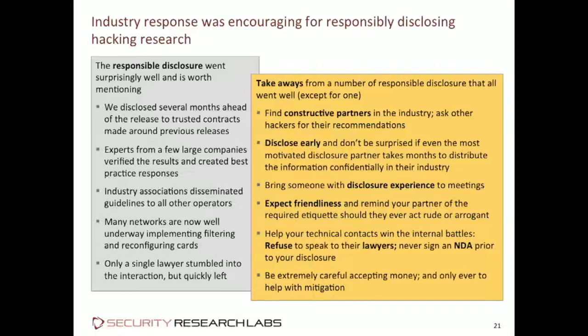Interestingly enough, the sentiment in the industry this time didn't have to be convinced first. Usually when we finally talk to people, it's after we told a lot of lawyers, leave us alone, we're not going to sign an NDA, just accept this as free research that you can use, but don't try to get us into your machine. This time they didn't even try. And I think the times have changed a little bit.